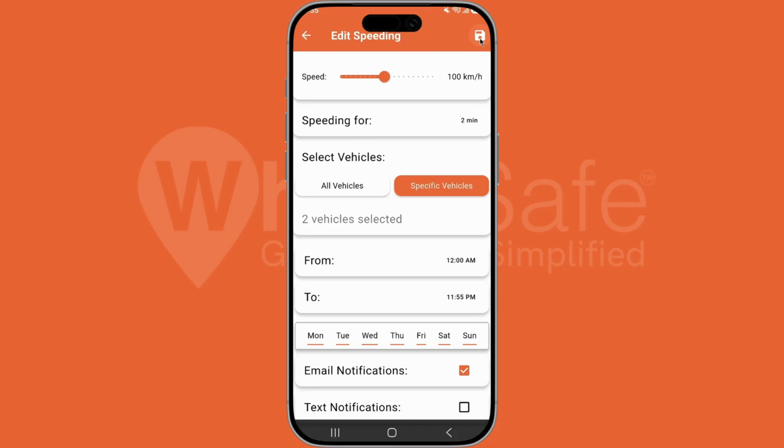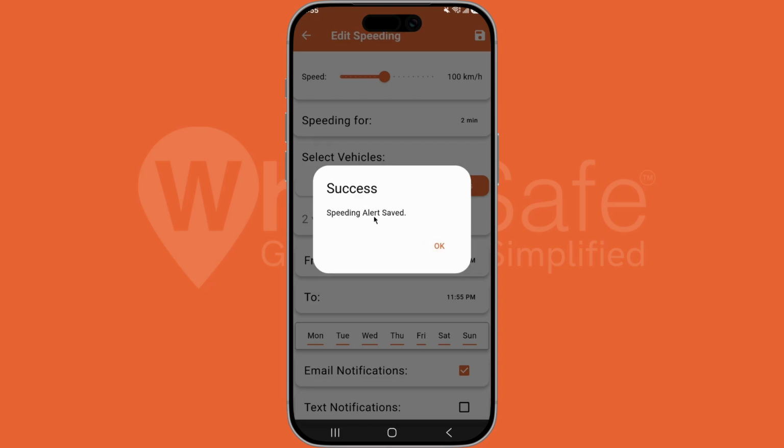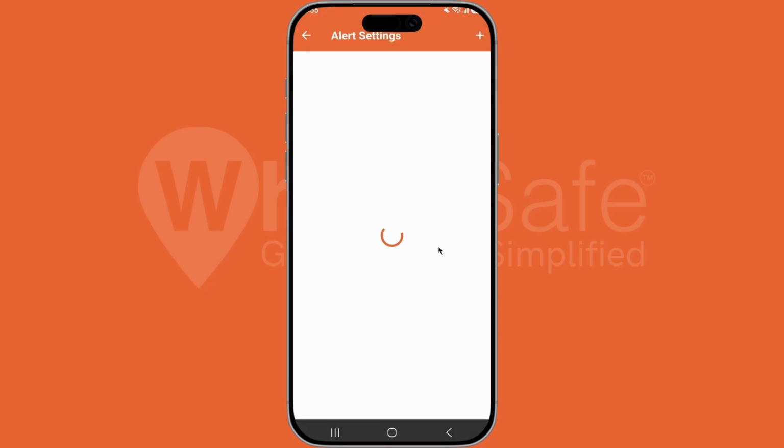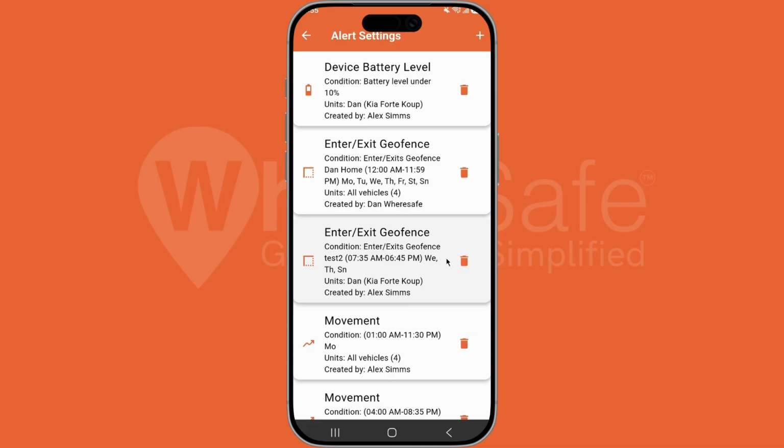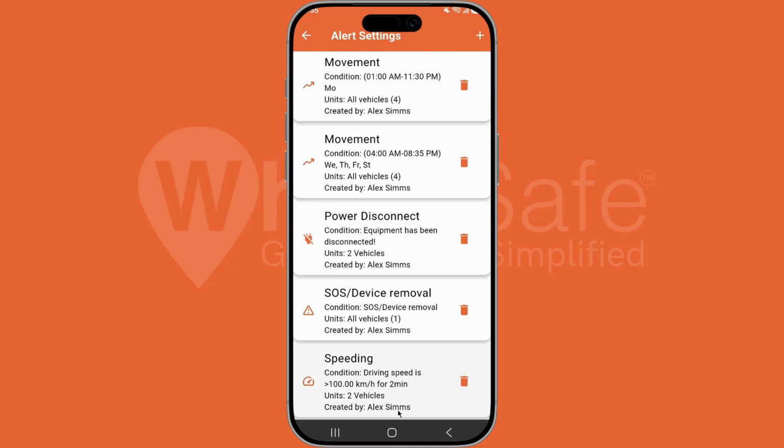When you're done, click the save icon in the top right corner. Click Confirm, and your speeding alert is saved. Once it goes back out into the alert settings, you can scroll to the bottom here and see your new speeding